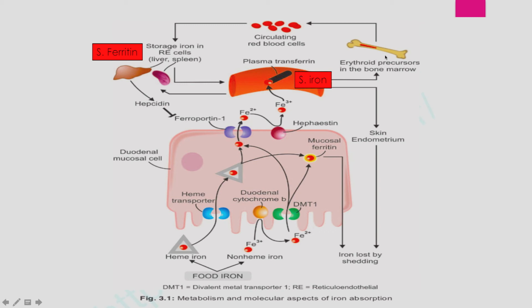The bone marrow takes this iron from this transferrin protein and incorporates it into hemoglobin, and incorporates the hemoglobin into the RBCs and produces the RBCs. Right, when the iron is more, the transferrin also gives the iron to certain storage facilities in the body, which are the reticuloendothelial cells of liver and spleen.